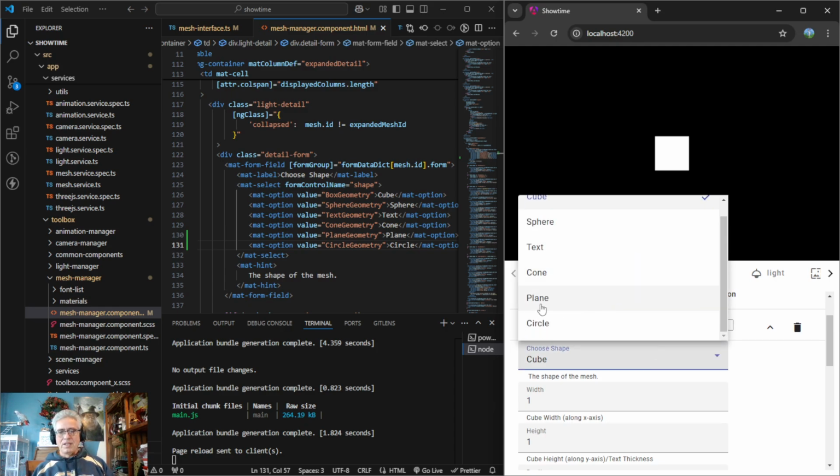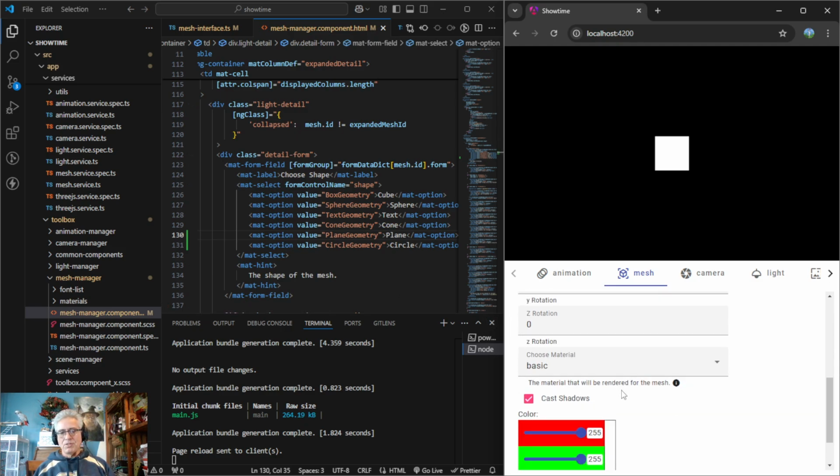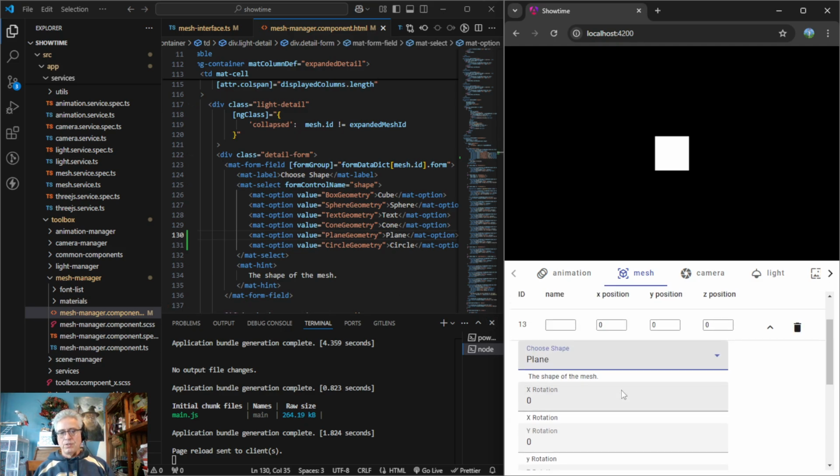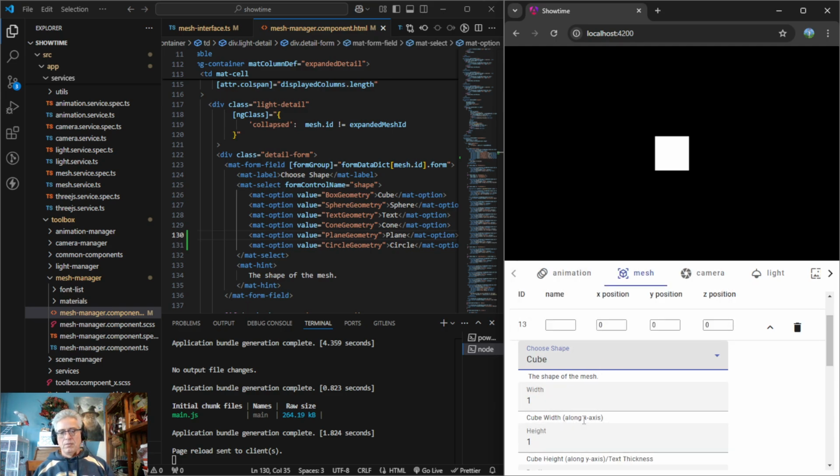Okay, so I'm going to add plane and circle at the end. I don't know, maybe it shouldn't be anything, but so now if I say it's a plane geometry, if I remember correctly, yeah, it just stays as a square. But the thing is, on a plane geometry, I want to show the width and the height still, but I don't want to show